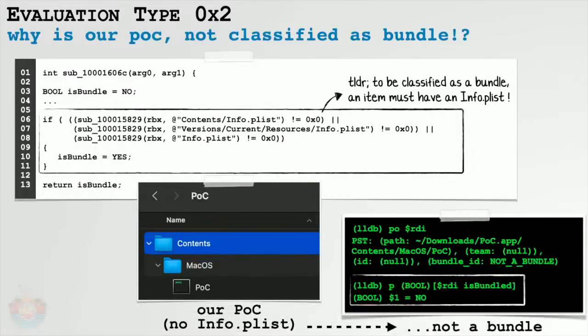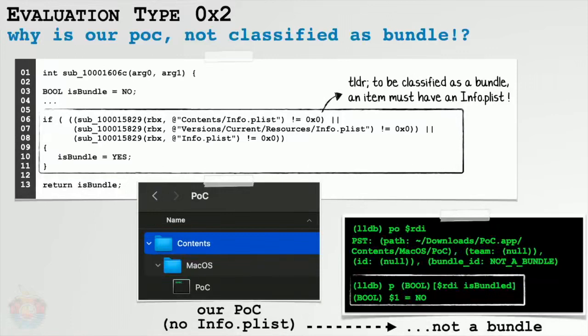It's basically checking if a script-based application has an info.plist file. And if it doesn't, it says, no, this is not a bundle, so returns false, which means that type 2 will get propagated back into the policy subsystem, which means the application will then be allowed. Of course, recall our application does not have an info.plist file, which triggers the isBundled algorithm to essentially fail and